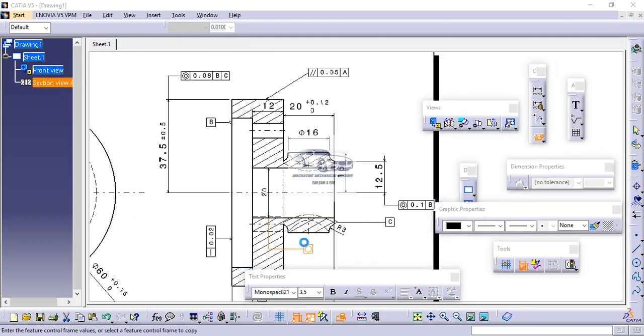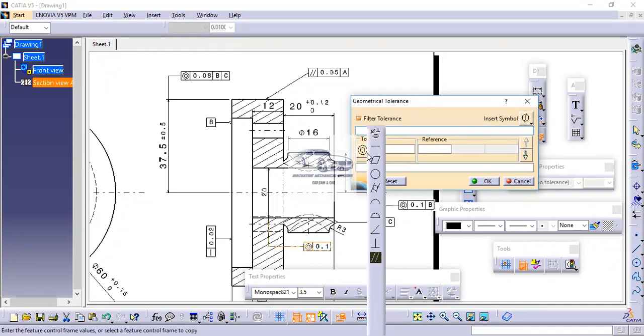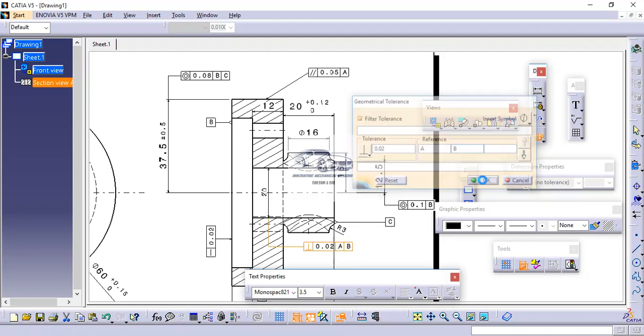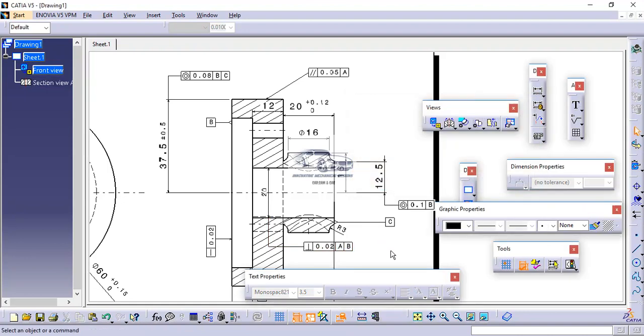I will select the particular edge like this. Then here we can select this perpendicularity tolerance. So here I will mention 0.02, then first reference A and second reference B, and then OK.